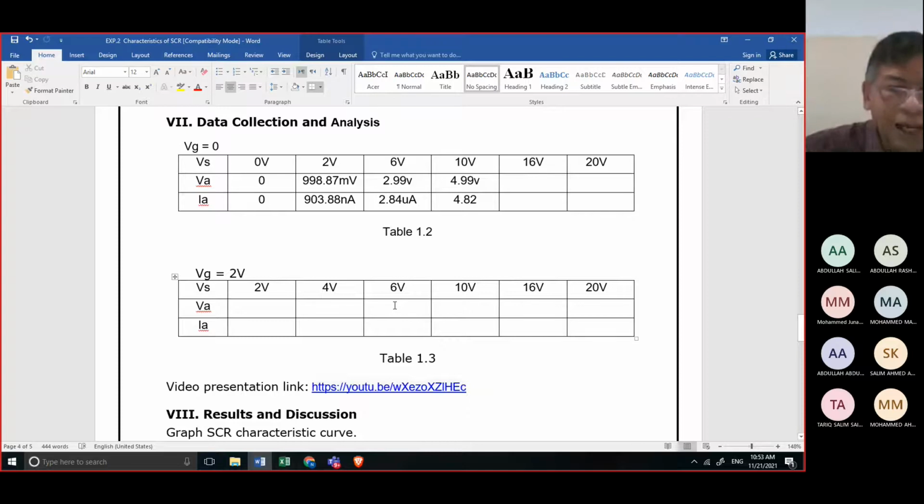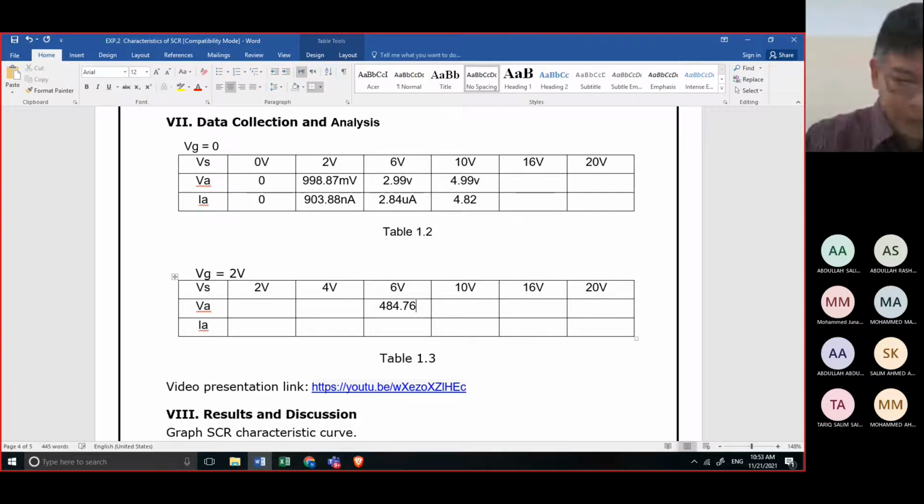Okay, I will give the answer for 6 volts, and I will not write the answer for number 2 and number 4 there, so that I will check if you know how to perform this using Falstad simulation. So at VA, at 6 volts, we have 484.76.